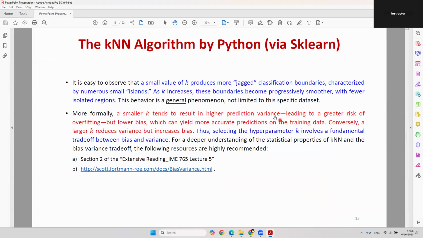And more formally, it's somewhat like what we call the bias and variance trade-off in statistics. A smaller k tends to result in a higher prediction variance, leading to a greater risk of overfitting. Meaning that, if you use a very, very small k, let's say k equals to 1, you may get a perfect result of your fitting,